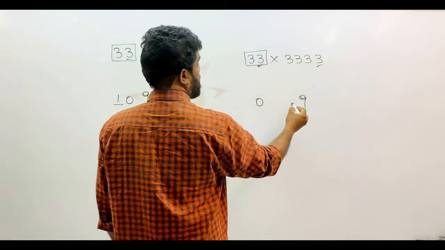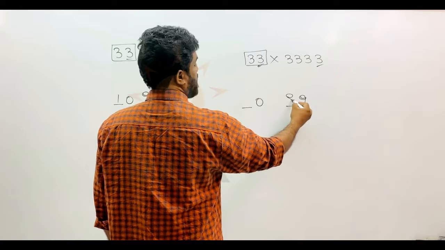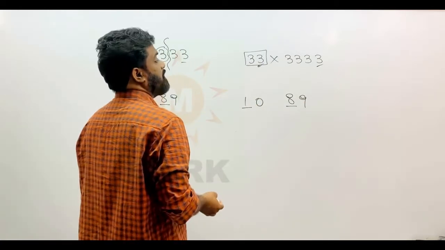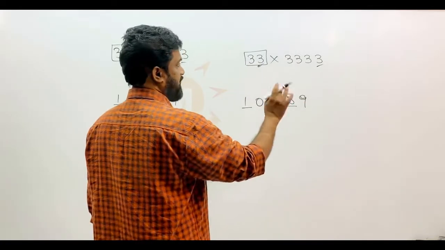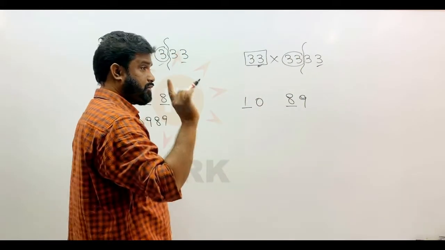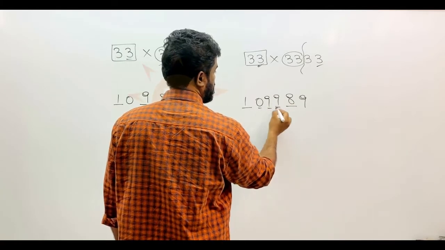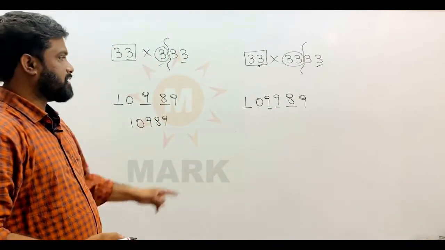Now the minimum criteria is 1 digit you have here and 1 digit you have here. And here you write 8 and here you write 1. So the minimum criteria I have satisfied. How many extra 3s did you get here? You got 2 extra 3s. So you have to put 2 9s here. So that's how it goes.